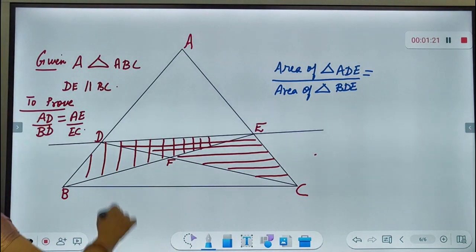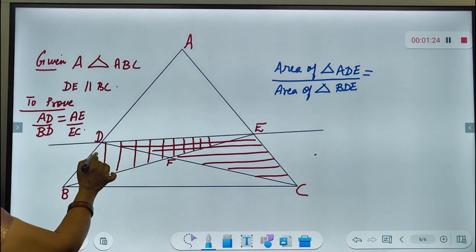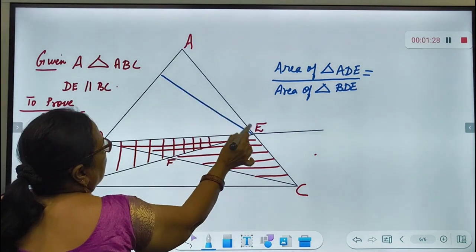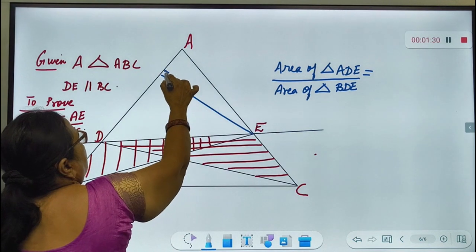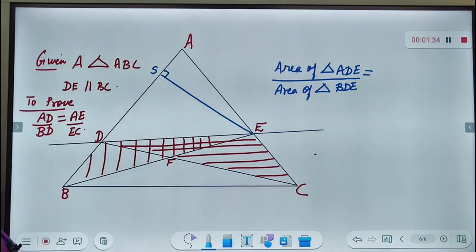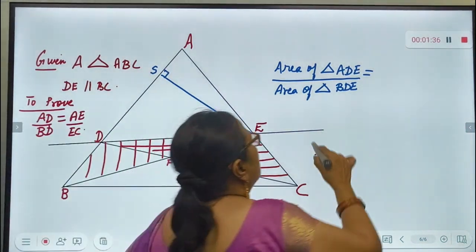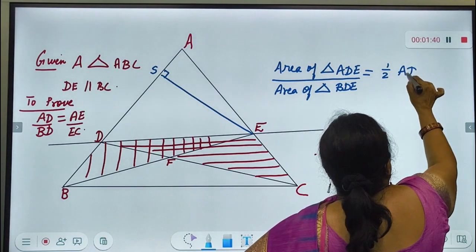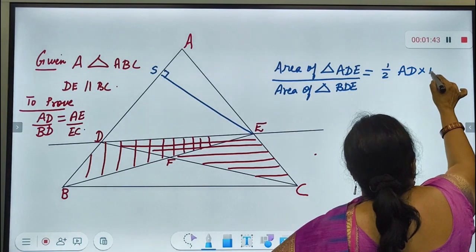Now for triangle ADE, if I take AD as the base, then I have to drop a perpendicular from E. So let ES be the perpendicular. So the area will be half into AD into ES